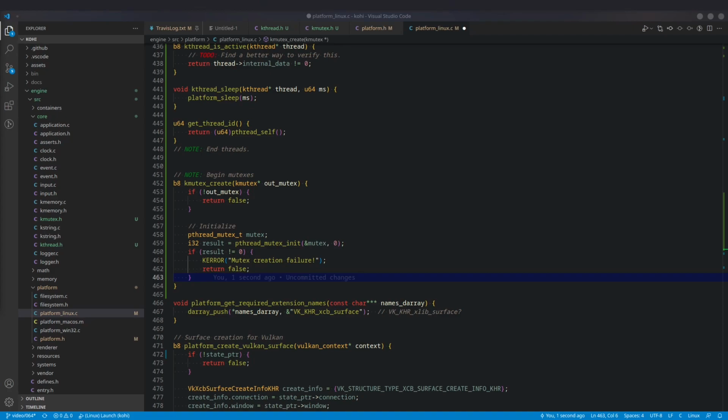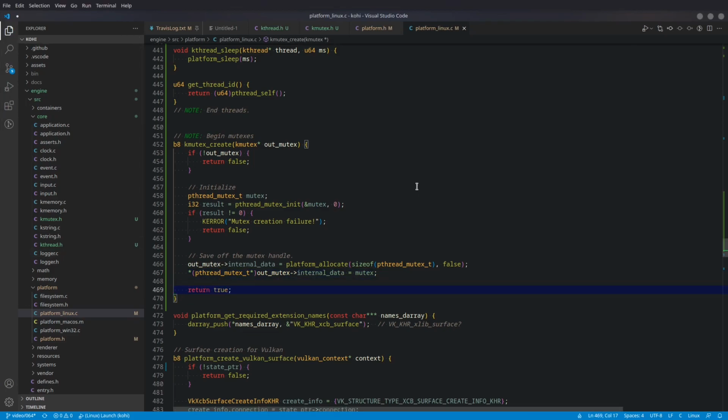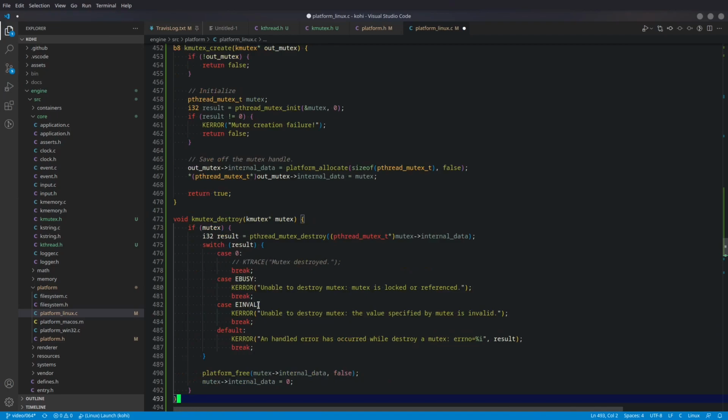The only other thing for mutexes we need to do is save off the handle. So we do this by setting the internal data to platform allocate the size of a pthread_mutex_t. And then we go ahead and set that here to the mutex, right? So we just copy that data in by dereferencing internal data and setting it to mutex. Finally, return true. So that is all there is to creating a mutex. It's pretty self-explanatory stuff. So the mutex destroy, I'm actually going to just paste in here because it's not